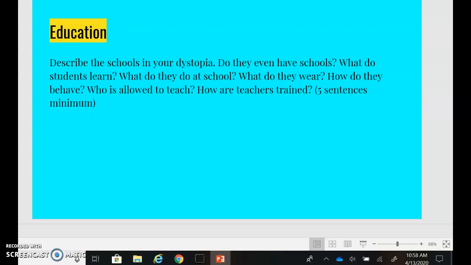In one of the books that I read, City of Ember, the kids went to school, and once they hit, I think, middle school or high school, when they graduated, and I'm putting up the air quotes, they literally just picked jobs out of a hat. Weird. Even if they didn't like the jobs, they still had to do them. If you were lucky, you got a job that you wanted, but some people picked trash collector, and that's what they had to do for the rest of their lives. That was another dystopian book that I read, so keep that in mind as you're thinking about the education.